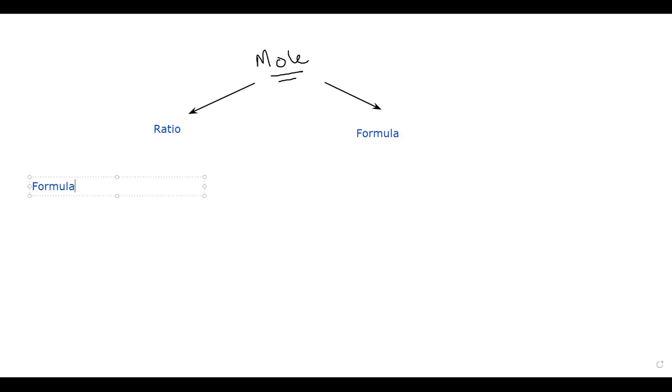The first one: moles equal mass in gram divided by molar mass. Molar mass can be an atomic mass or a molecular mass. The mass of 1 mole is called the molar mass. That's the first formula. The second formula is moles equal concentration or amount of solution